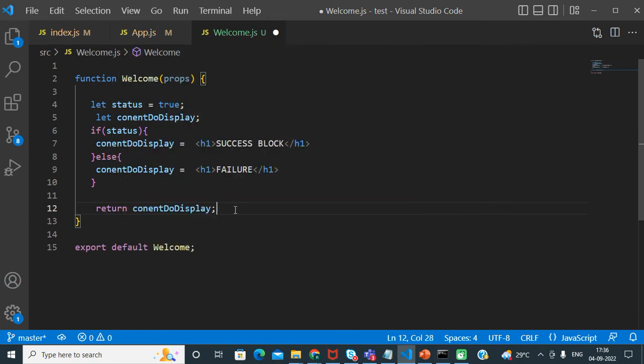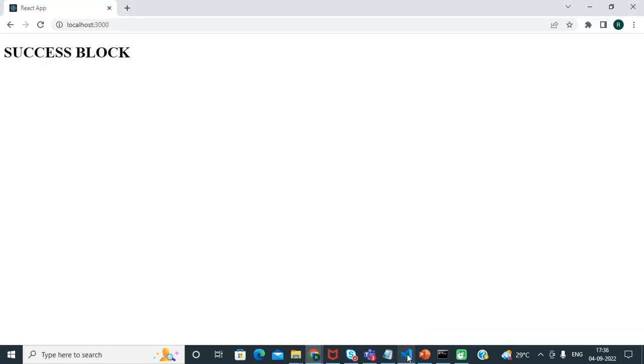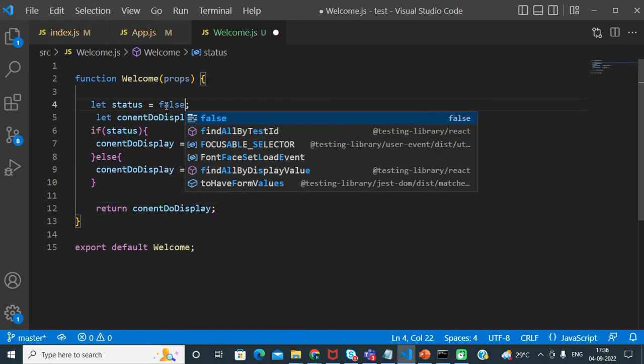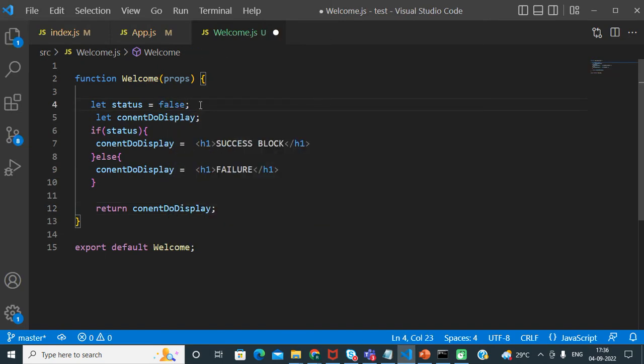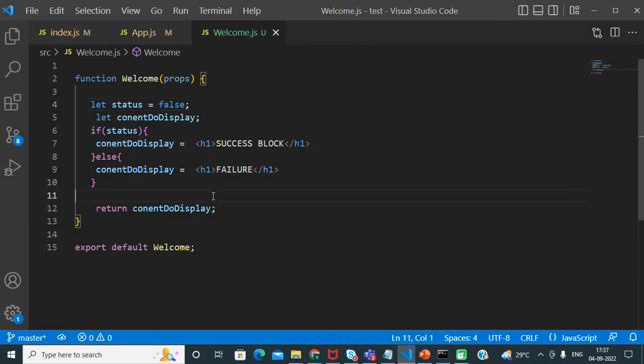See friends, success block; if we change it to false, it is failure. So this is the second approach for conditional rendering.